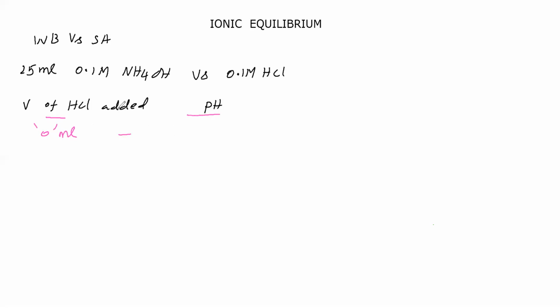Now what is the pH of solution in the conical flask that we'll see. So in the conical flask, which solution have we taken? Ammonium hydroxide solution. What is the pH of this ammonium hydroxide solution? Let us calculate that. Ammonium hydroxide is a weak base. Therefore, it undergoes partial ionization to give ammonium ions and hydroxide ions. What is the initial concentration of ammonium hydroxide we have taken? 0.1 molar.